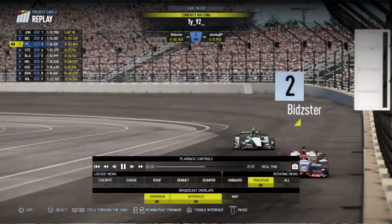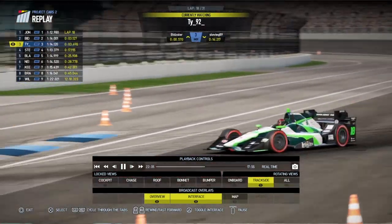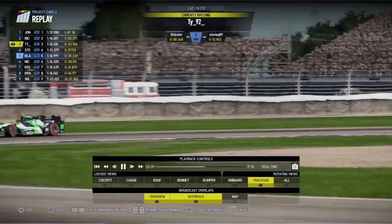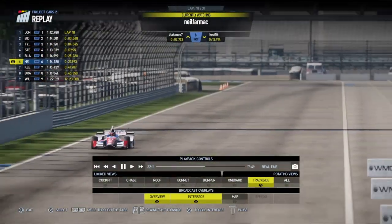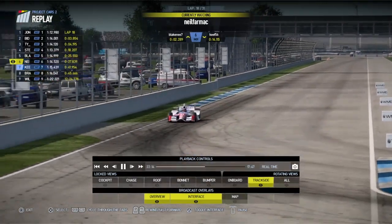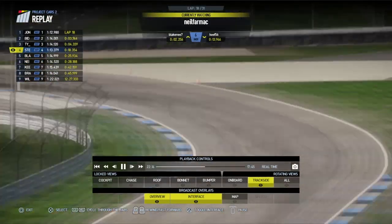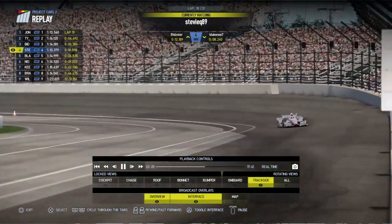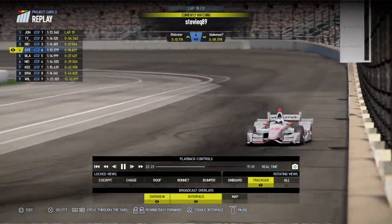So good stuff here as we go down to the complex section. Bidzster pulling out a bit more of a gap. Let's have a look further down the field. We've got Neil Farmack still with the same gap to Blakeney, and Keith a lot further back with Bradders. And Stevie's pulling away from Blakeney slowly, so 7.8 seconds to 8 seconds now from Blakeney to Stevie, and Stevie's